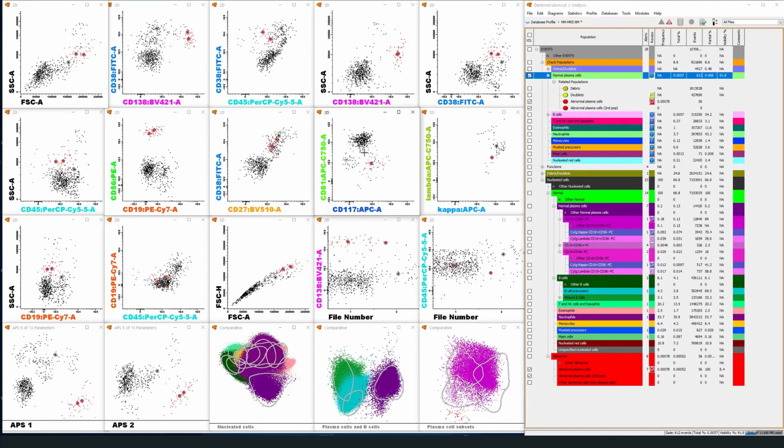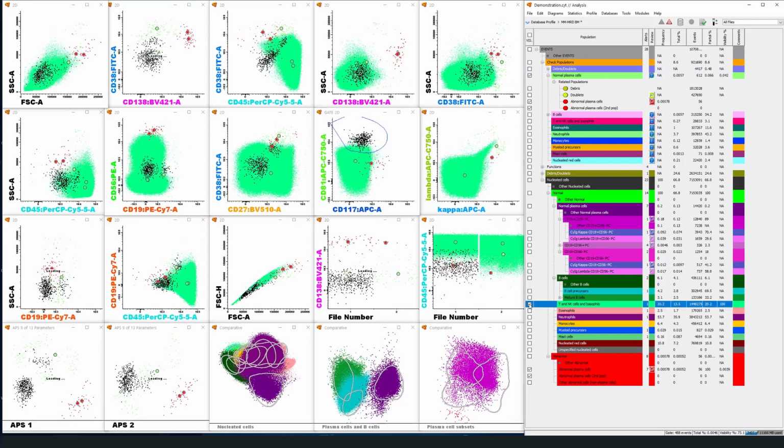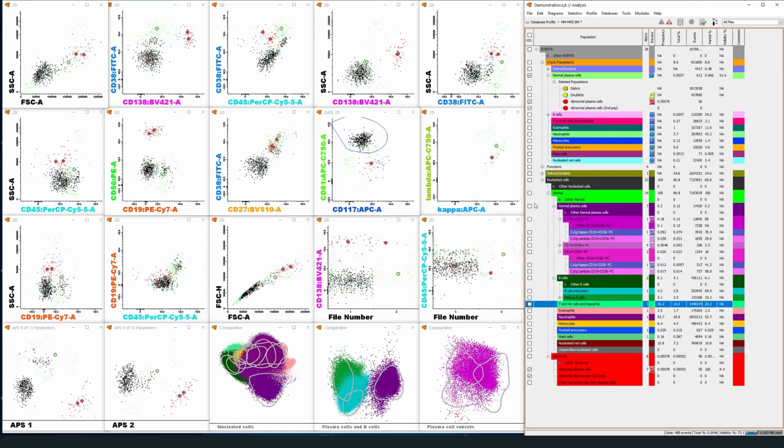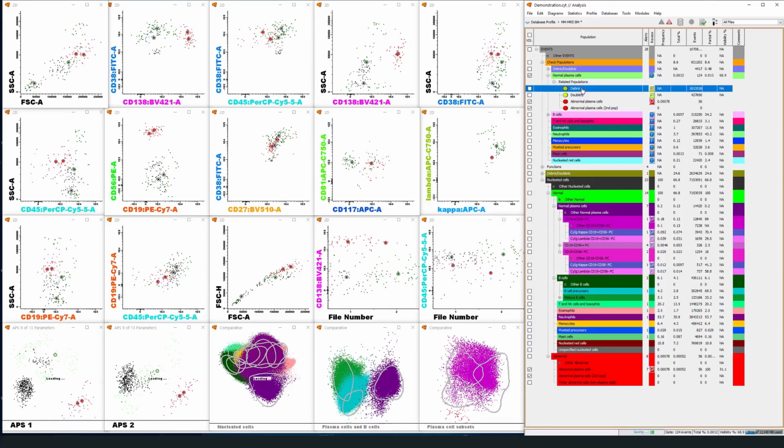And we see some CD81 bright cells, which are either debris or possibly some kind of lymphocyte subpopulation, but it appears to be most likely debris, as there shouldn't be many cells that exhibit this phenotype. So I'll just assign them to debris. And for the rest of them,